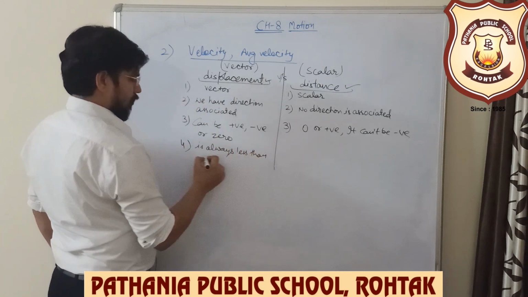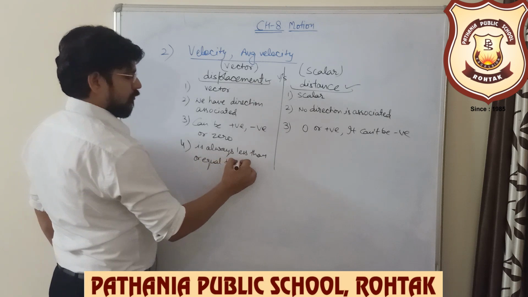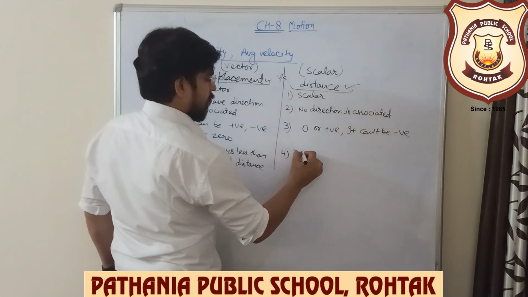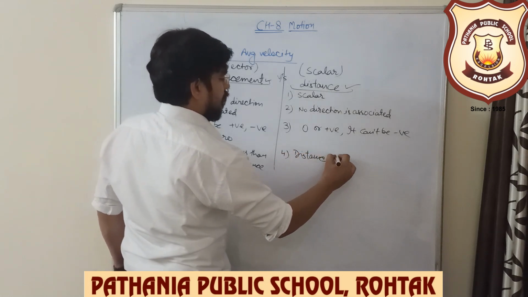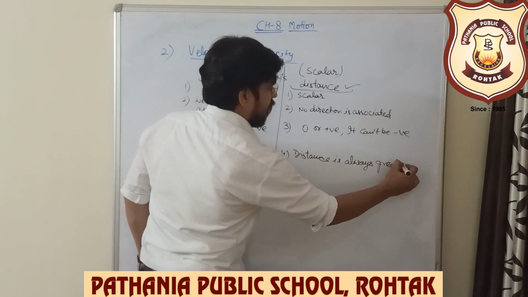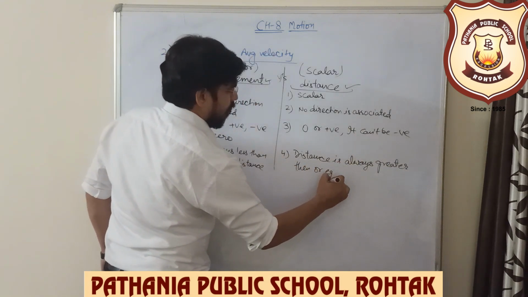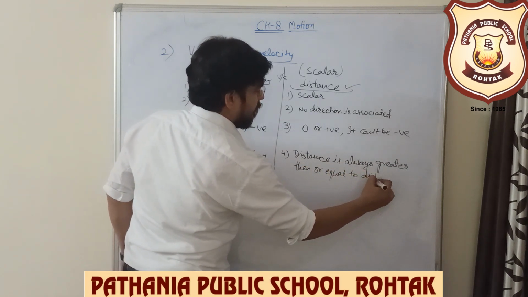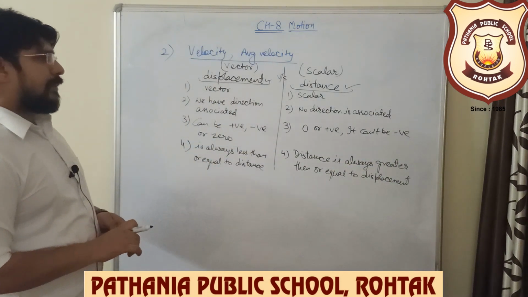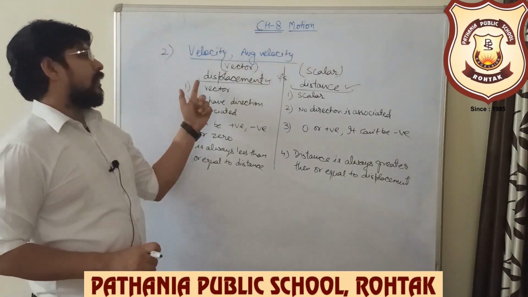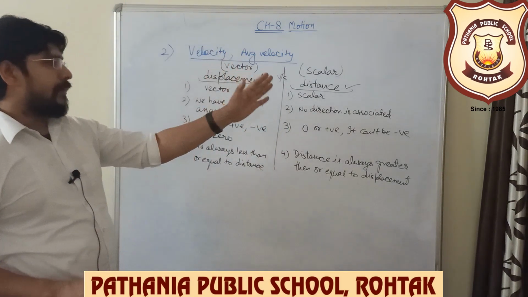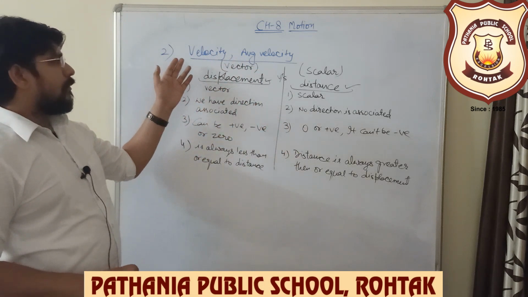Fourth point, displacement is always less than or equal to distance, while distance is always greater than or equal to displacement. So as you study these basic differences between displacement and distance, why am I telling you? Because velocity is rate of change of displacement, so velocity is a vector quantity, while speed is a scalar quantity. So you can also write these different points of difference between displacement and distance